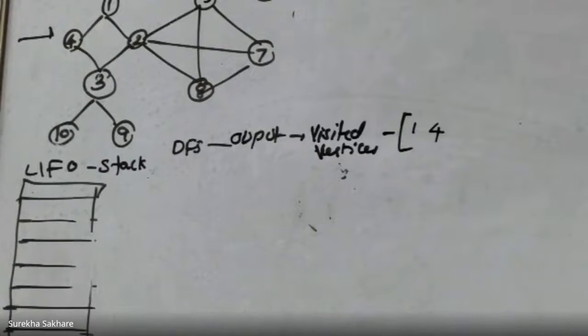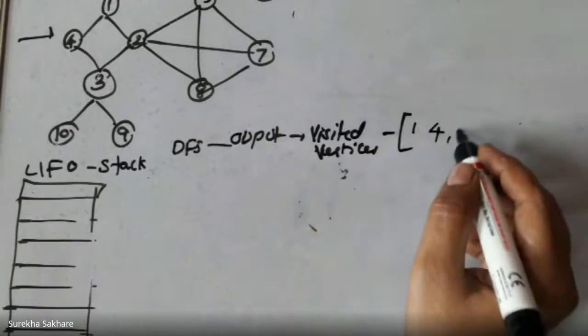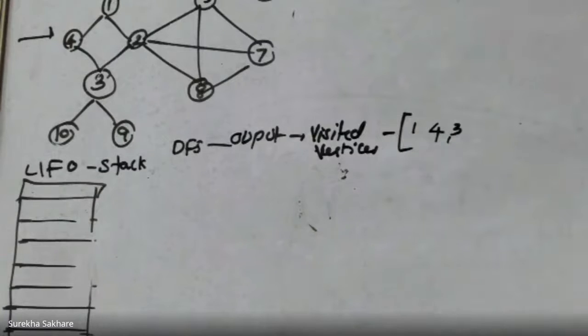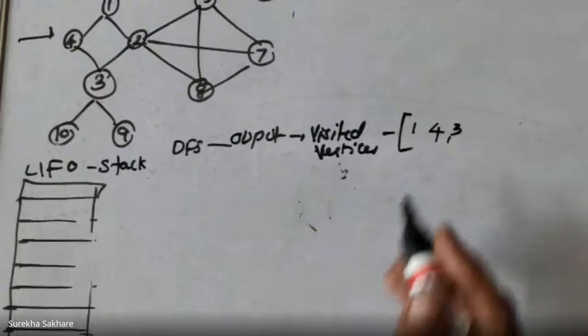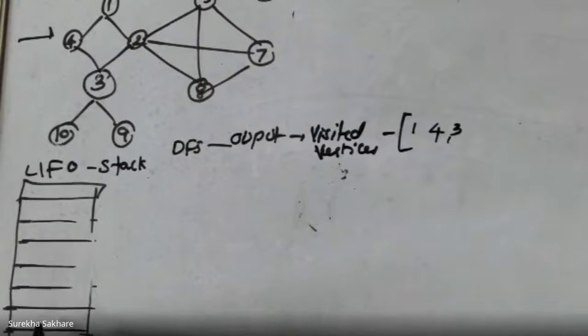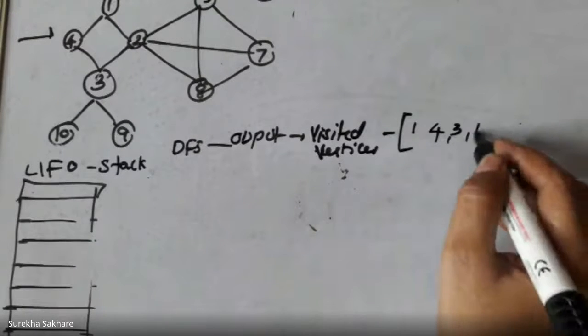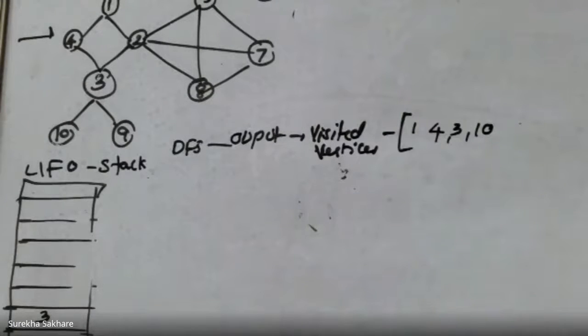Now I will keep this 1 on hold, and I'm trying to explore the 4. Okay. Now after exploring, I see that I have visited a 3. So keep this 4 on hold. Now after visiting 3, I see that it is explored and I'm getting a 10 as a visit. In the meanwhile, I'm putting this 3 on hold because I may require this 3 later. But after 10, now there is nothing to explore.